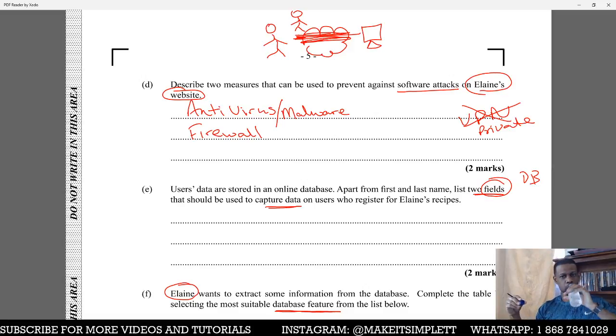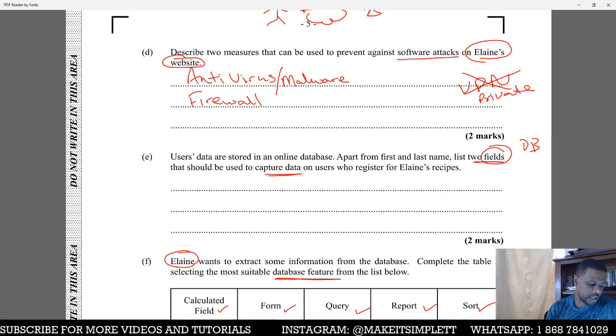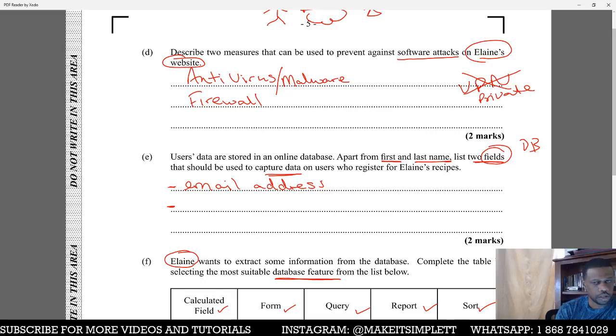Moving on to part E now. Alright, so for part E, users' data stored in an online database apart from last name and first name. So they tell you two fields already, first and last name. Two fields that they should capture for anybody who wants to register for Elaine's recipes. Well, with registering for the recipes, of course, you need to get their email address as one. Next one would be